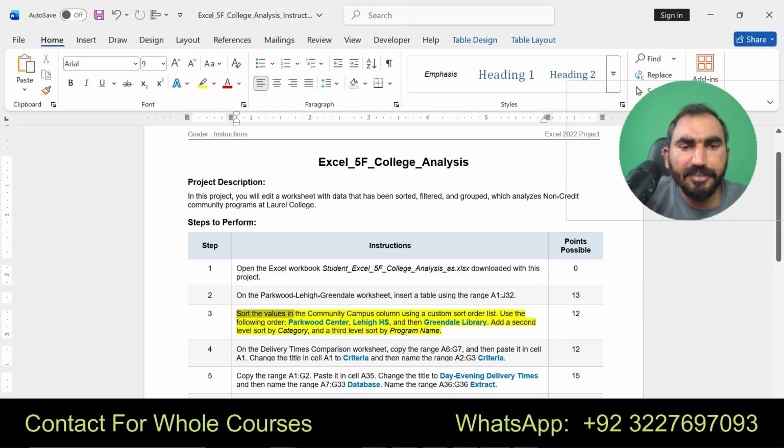It says sort the values in the community campus column using the custom sort order list. Okay, copy this one. Sort the values in the community campus column, use the following order.